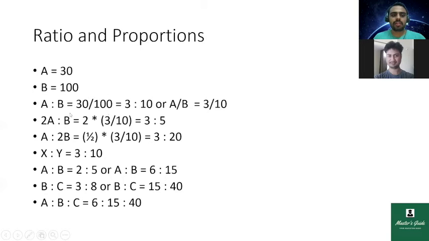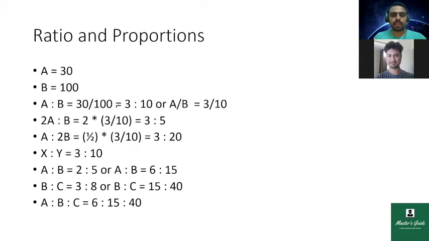So you will be given a ratio in the simplest form. It would be 3 by 10. So if we are given a ratio as A is to B as 3 is to 10, we should not take it directly as A is equal to 3 or B is equal to 10. This is a basic which we must already know.